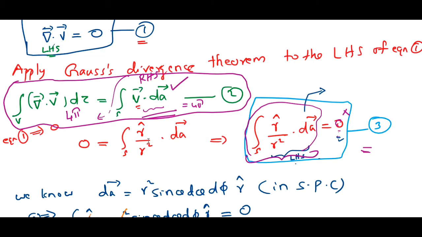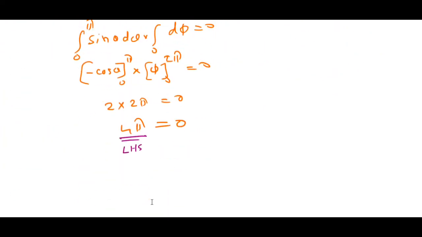Okay, to get the value 4 pi, what do we have to do? We have to modify this equation, or rewrite this equation using another form, and here we will use the Dirac delta function. Therefore, the result that we obtained here is not exactly correct, because the RHS is 0 already, we know, but the LHS is 4 pi. That is contradictory. The RHS should also be 4 pi.